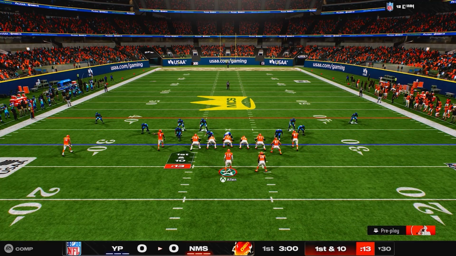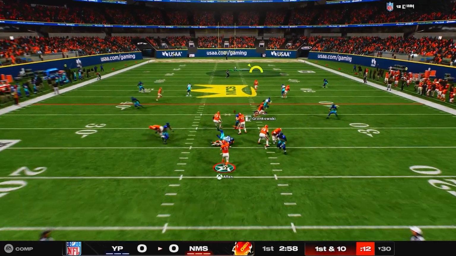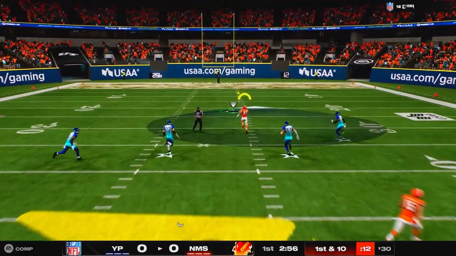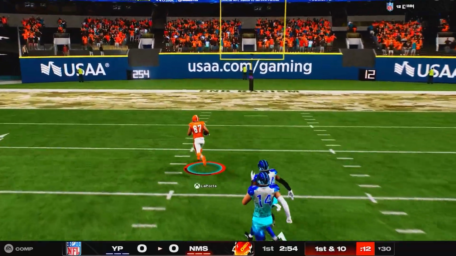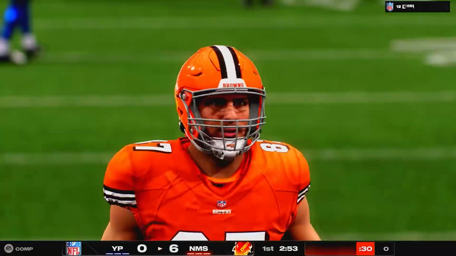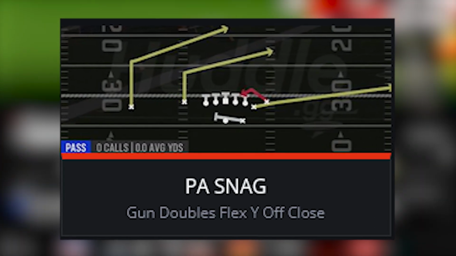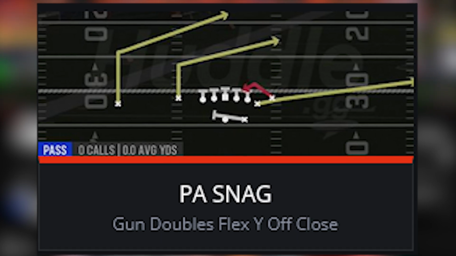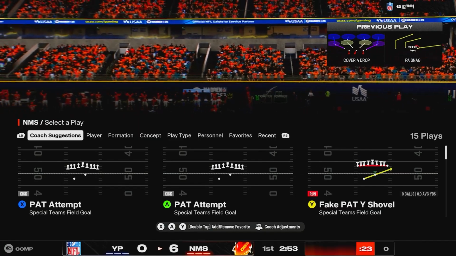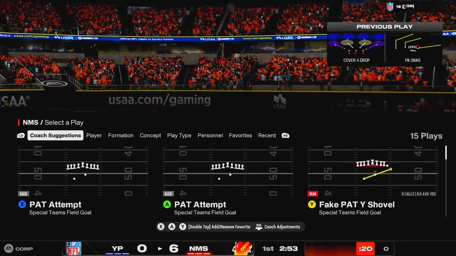We're in the Super Bowl Road to the Playoffs event, and it looks like we're playing a sweat, but unfortunately, this video is all about the play that I just called, PA Snag. We scored first play. I don't know what he did with his strong safety, but PA Snag is the best play in Madden 25 Ultimate Team right now. And this entire video, once we get back on offense, I'll be discussing why it's the best